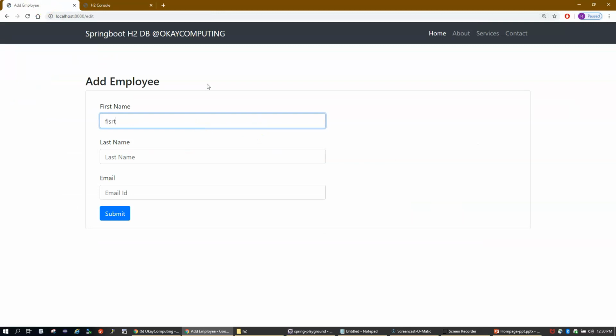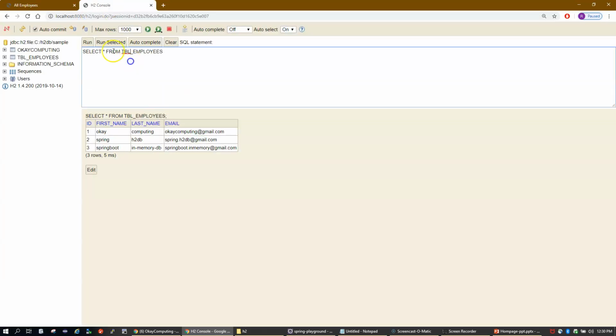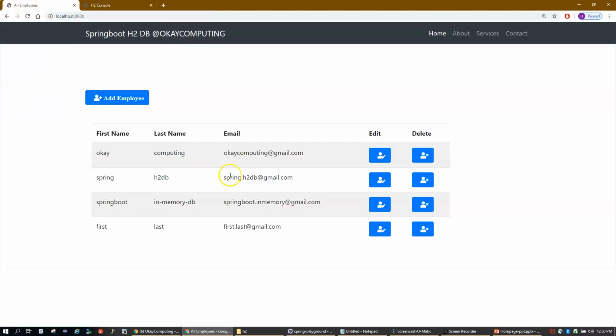I'll call it first, then last, first dot last at gmail.com, whatever it is, submit. Now you can see that we have four records. Let me just run this SQL. Now you see that we have one more entry here in the database. It's inserted. So the point is things are working fine. Our application is really working good now.